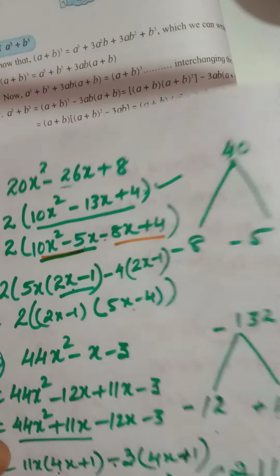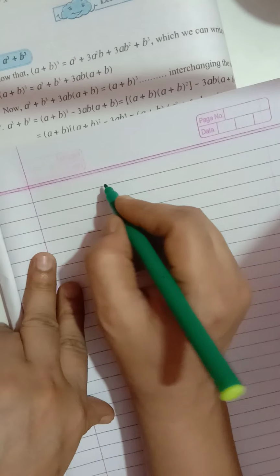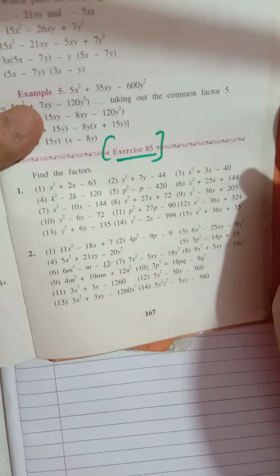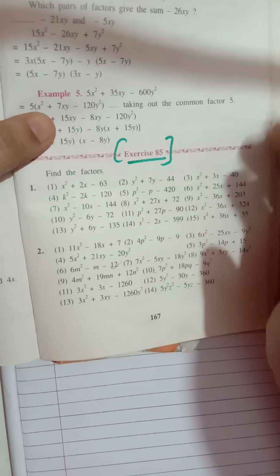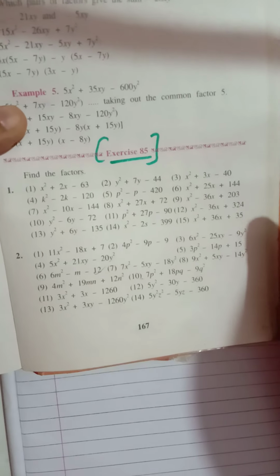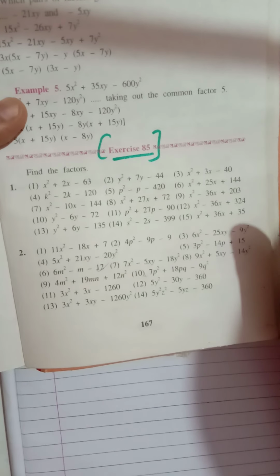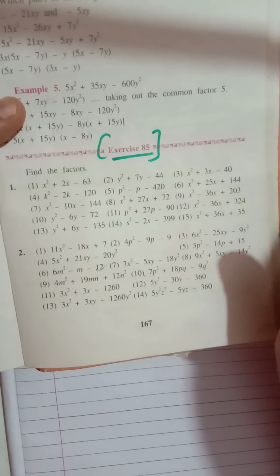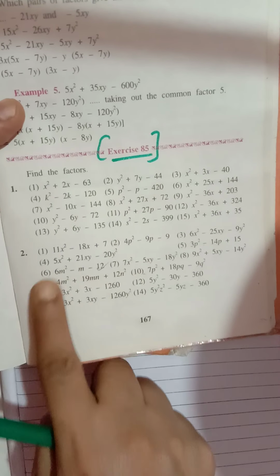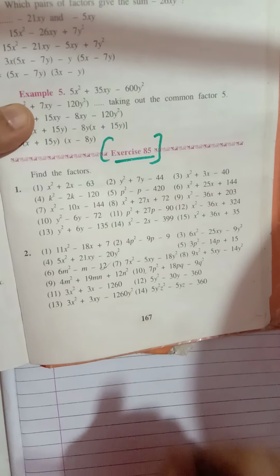I'll take one more example to show how we can write the factors, with some other number. Now see children, these are some extra questions which I have found for you all, which you will be solving. I'll be sending the PDF also. You can also take a screenshot from this video, and I will send the PDF along with the answers. Same type of sums are given, but many more, so that if you practice this properly, all these sums children you will solve in the homework notebook.